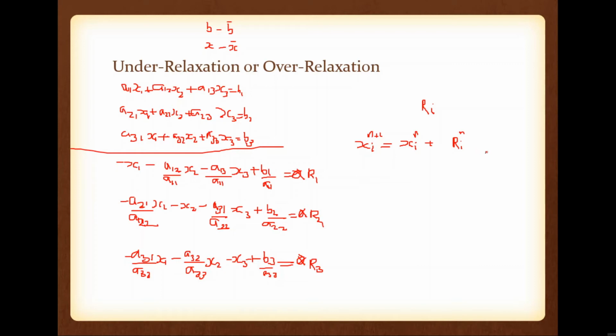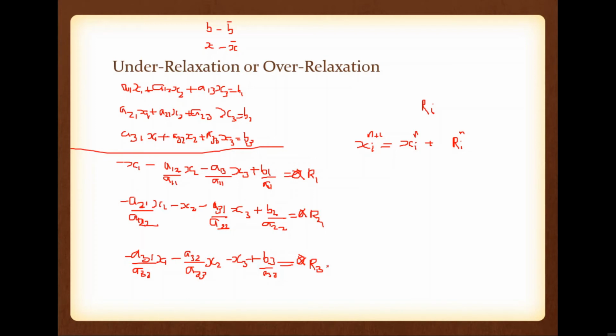Okay. So now in under relaxation or over relaxation, we are following the same procedure. The given system is converted to this representation where the diagonal elements are minus 1 and the right hand side 0 is replaced with R1, R2, R3, etc. Then we substitute the initial value, so definitely we will have particular residue values. From these residues we compare the magnitudes, and the largest magnitude is taken. Say Ri has the largest magnitude.